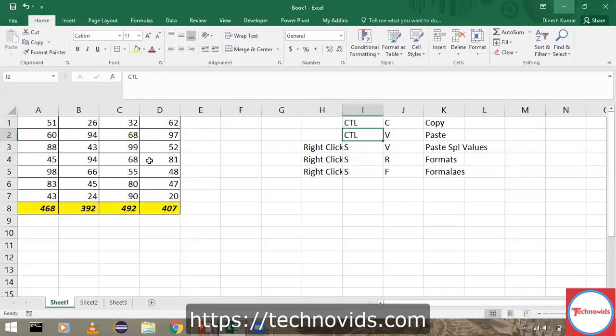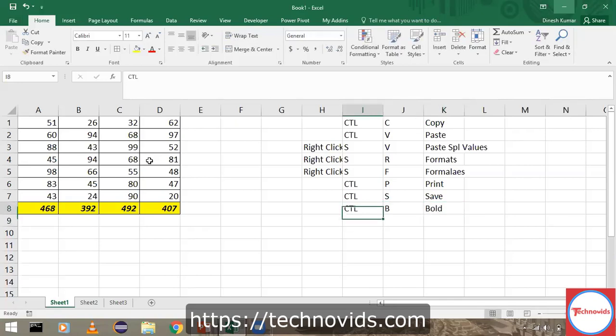So we'll see some more shortcut keys with Control. Okay, so we have Control C, Control V, and we have, of course, Control P for print. That is, we all do that. Control S for save, of course. Control B for bold, of course.